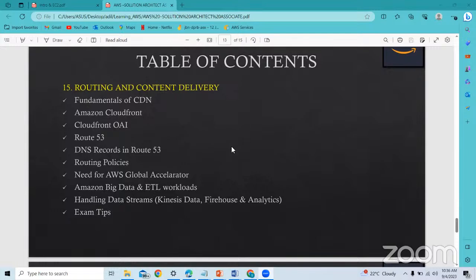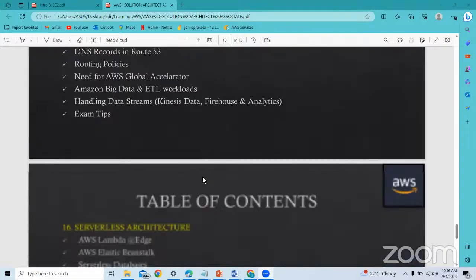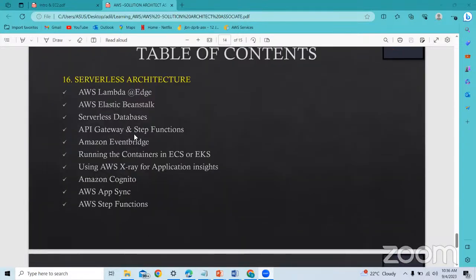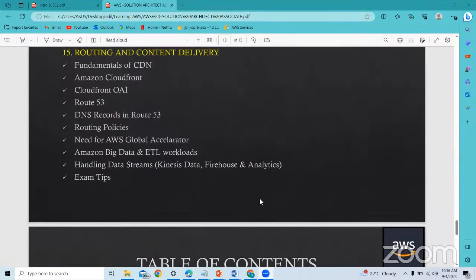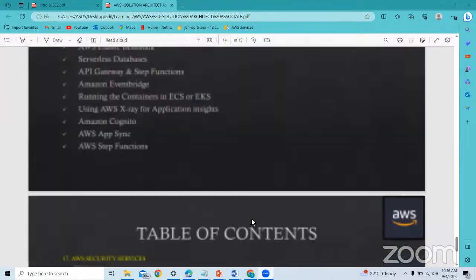And how do you deliver your project to the end user? So this topic talks about it, right? And then again, the serverless architecture, we have some few important services. Again, these are very complicated. So whichever is very complicated, we're going to touch only the high level overview, right? So most used, which is required for the interview or for your exam, that we're going to deep dive.